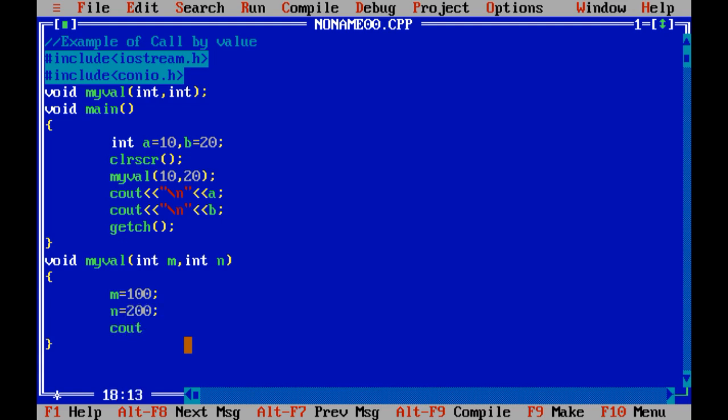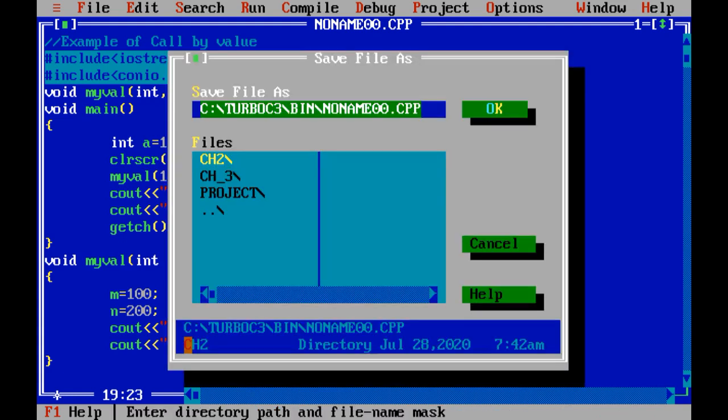Now over here also I am going to print the value of m, and over here I am going to print the value of n. Let me save the given code. This is program number 55, because 54 programs we have already done, right?